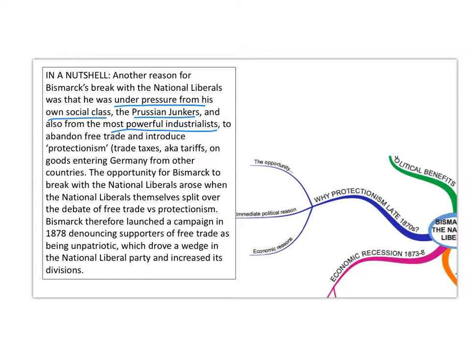So they're thinking we want to abandon free trade and introduce the opposite. Now the word we use when you have trade taxes, tariffs on goods entering Germany, so the opposite of free trade, we call it protectionism. And the reason it's called protectionism is because it is protecting homegrown industry from cheap goods overseas. Again, if you just think that through,